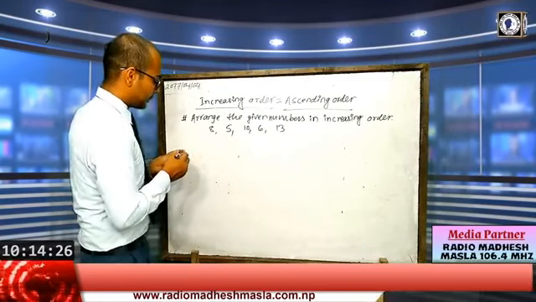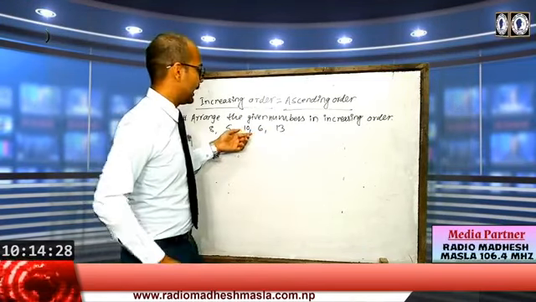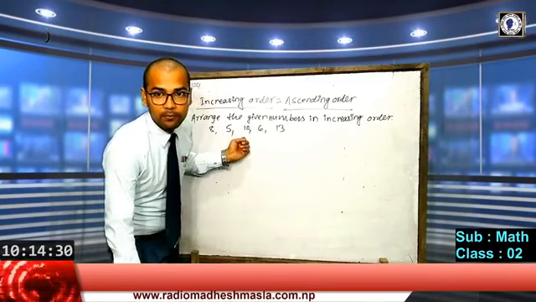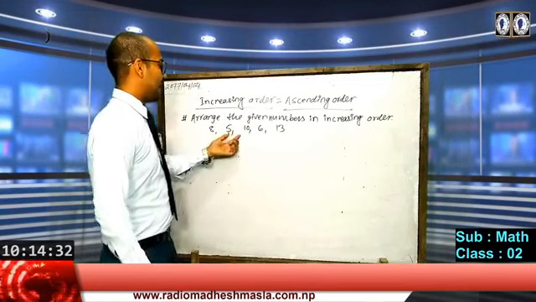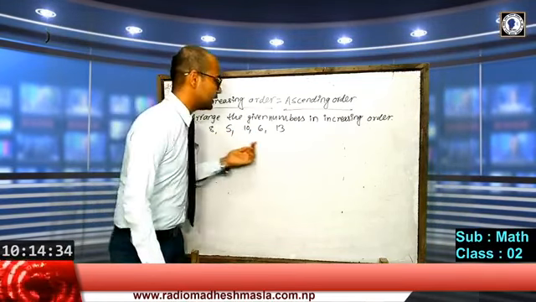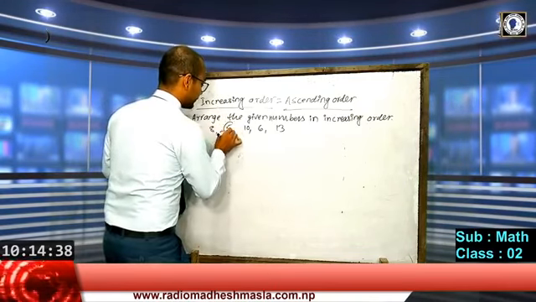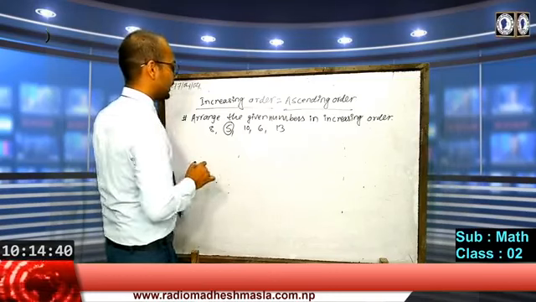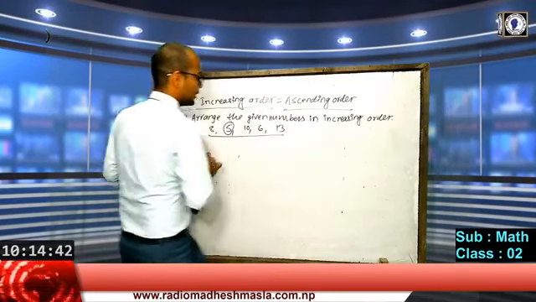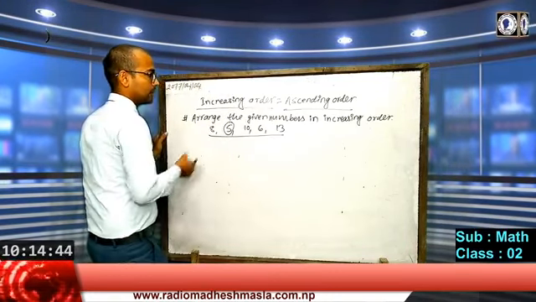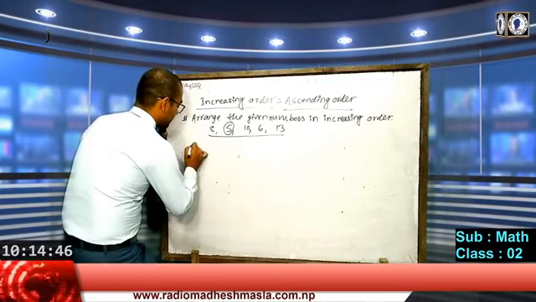So we can find this easily, the smallest number. Here, is 10 the smallest? No. Is it 8? No. Yes, here we have 5. 5 is the smallest among all of these. So to write the ascending or increasing order,